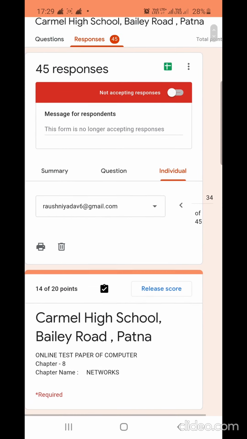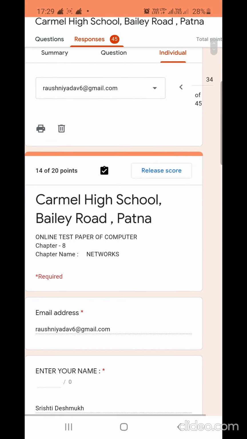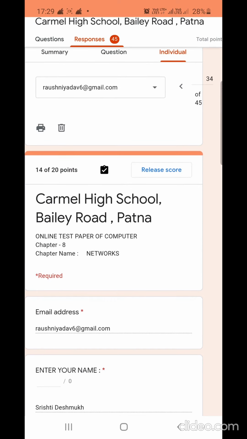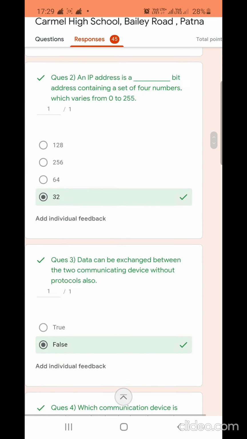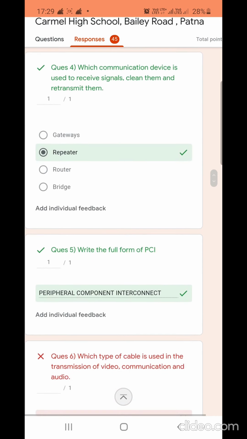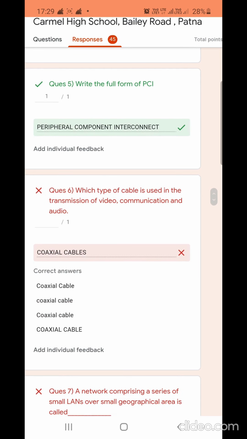We see here that the girl at the 34th number has got 14 out of 20. So before releasing her marks, let us evaluate her paper. Now in this paper, till now there is no problem. Now we get here. The girl has written the answer coaxial cables. Spelling is also correct. I had also tried to put all combinations of coaxial cable.